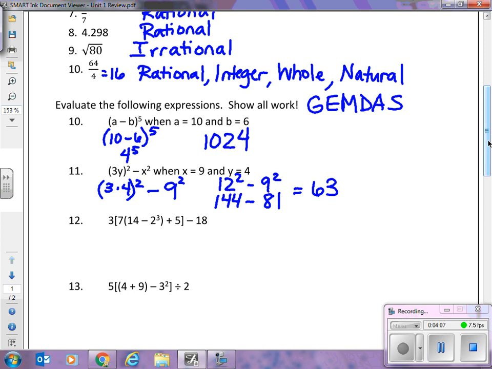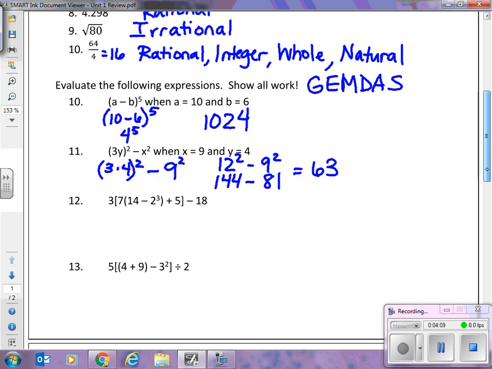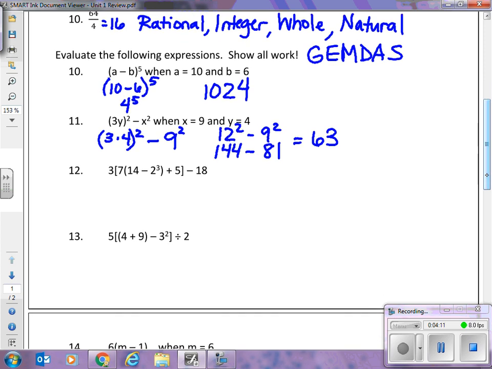All right, for 12 and 13, there are no letters to take out, numbers to put in. It's just straight up order of operations. All right, so we want to start inside the brackets, and inside the brackets, you still want to follow the grouping symbols. So we're going to go in the parentheses, and in the parentheses, we want to do the exponents. So we have 3 bracket 7 parentheses 14 minus 8, because 2 to the 3rd power is 8, plus 5